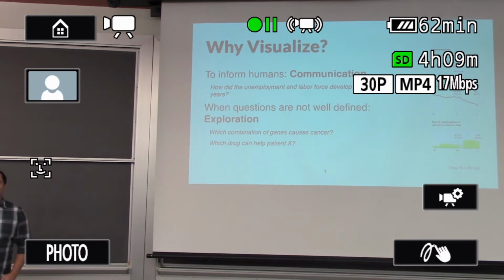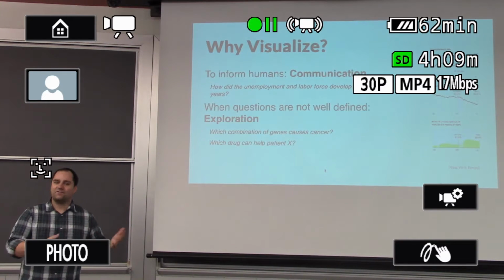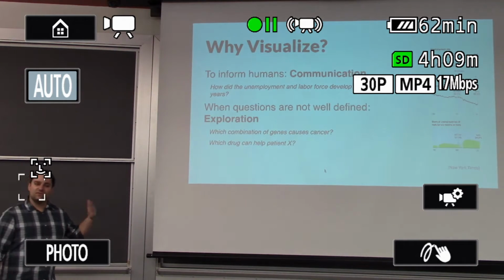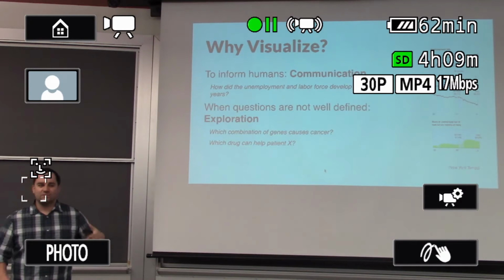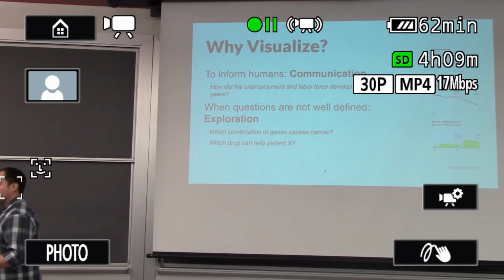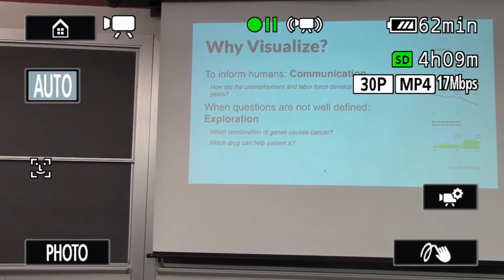And then we could use visualization to communicate that to others. But we can also use visualization in the process of finding out this information. An equal question would be, which drug can help patient X, a specific patient, not just generally? These are questions that we don't know the answers to. We have data, we can collect data, we're trying to understand it, and we're trying to derive insights from it. So that's what exploration is